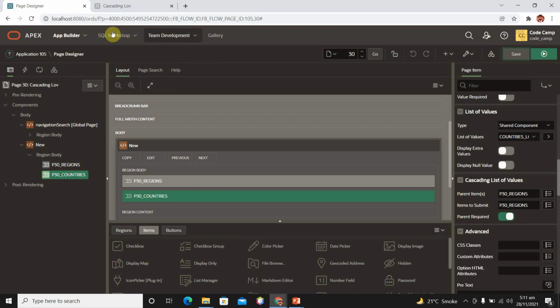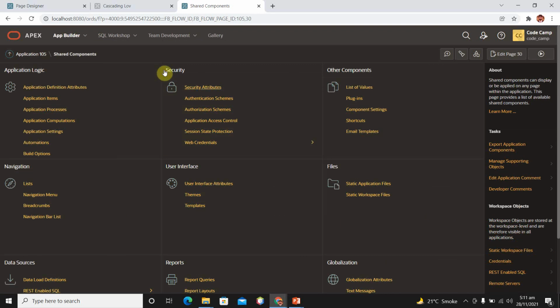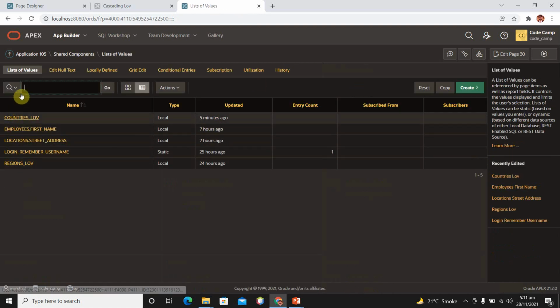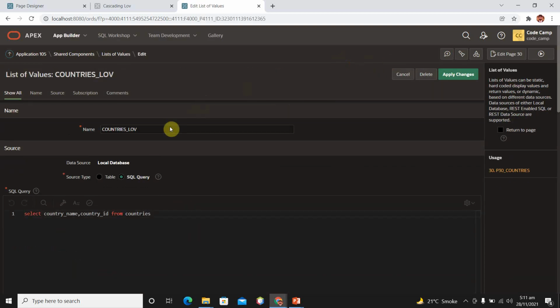So go to your shared components, and where is list of values? Here we have list of values, countries, and delete this LOV, just select this query.